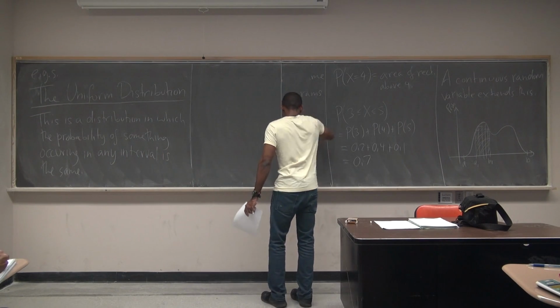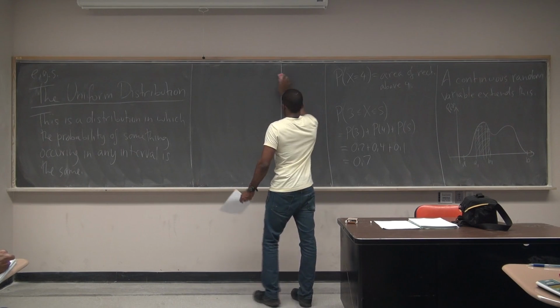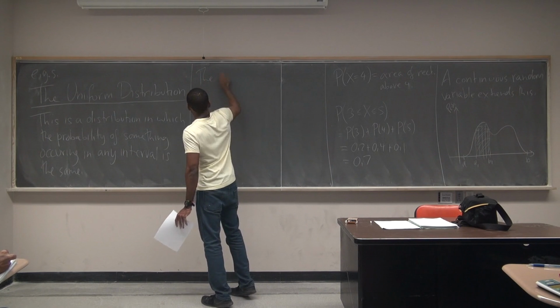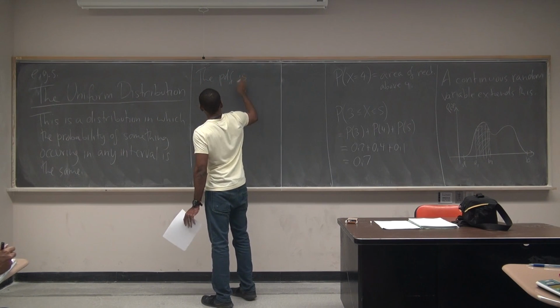So here's what a uniform distribution would look like. This is just a function that's always just a flat line. The PDF is